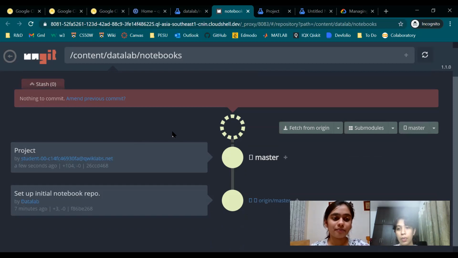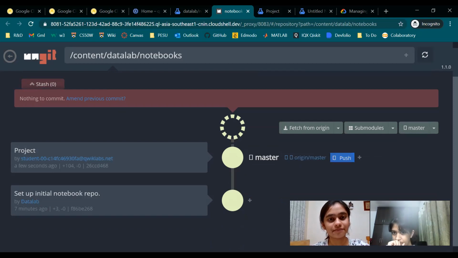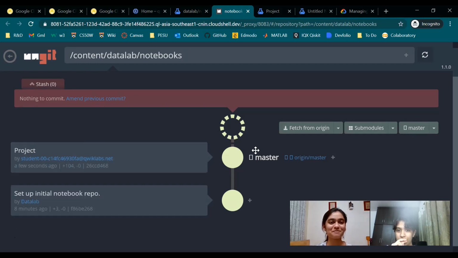By committing it, we committed it to the staging area, and now we're going to push it to the repository. Yep, it's pushed. And this was also in the presentation, this exact same part.